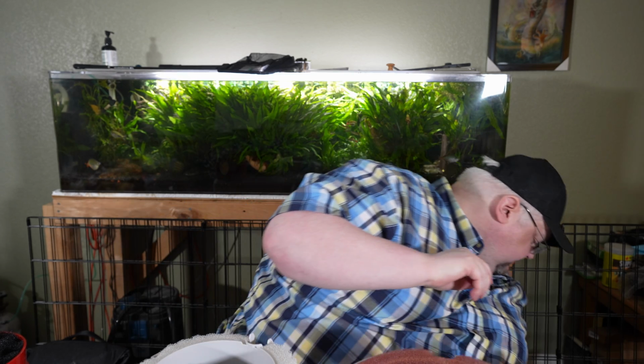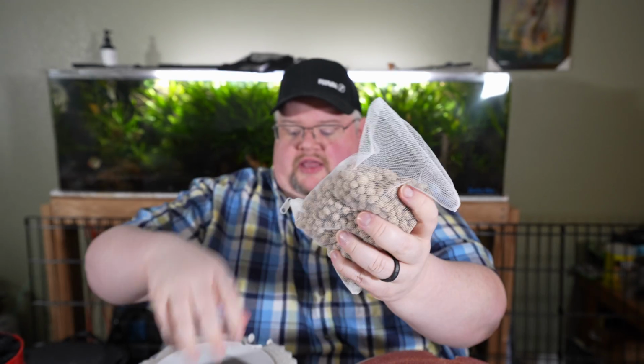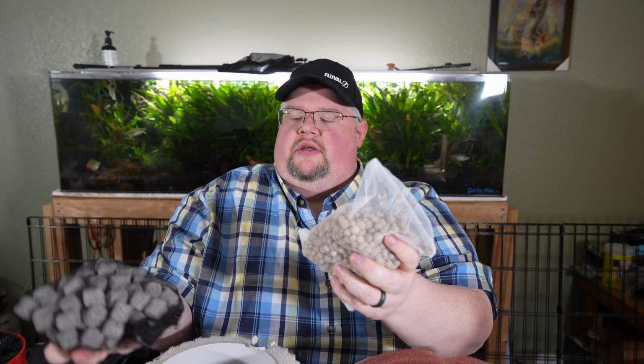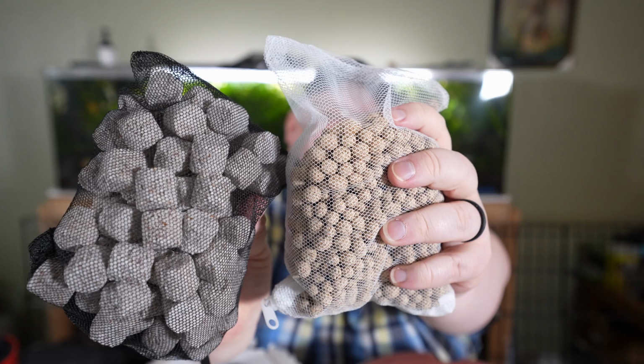And to give you some context, right? Here is a bag of Eheim Substrat Pro. So the little kind of gravel ball style stuff, right? And then if you compare that directly to the Bio FX, you can see just how much bigger and chunkier